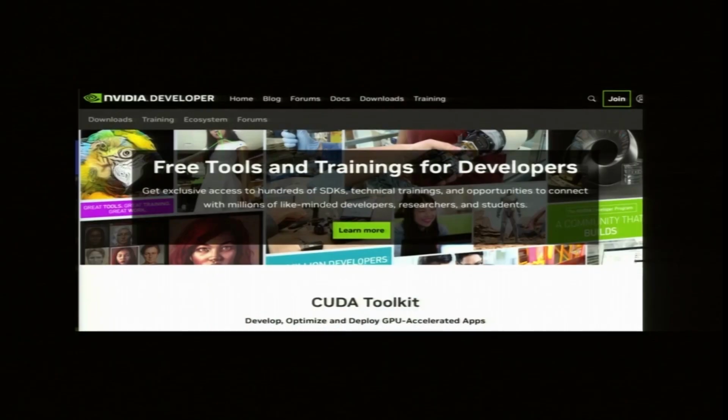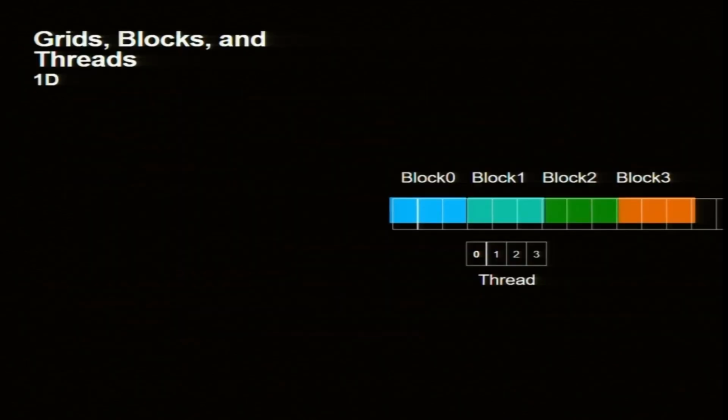And NVIDIA has a lot of information. On the NVIDIA developers website, the docs have quite a bit of discussion. Actually, it is also convenient to go to Google and search, and you get a lot of information without going to the book, but the book also has its merits. Now let us get back.